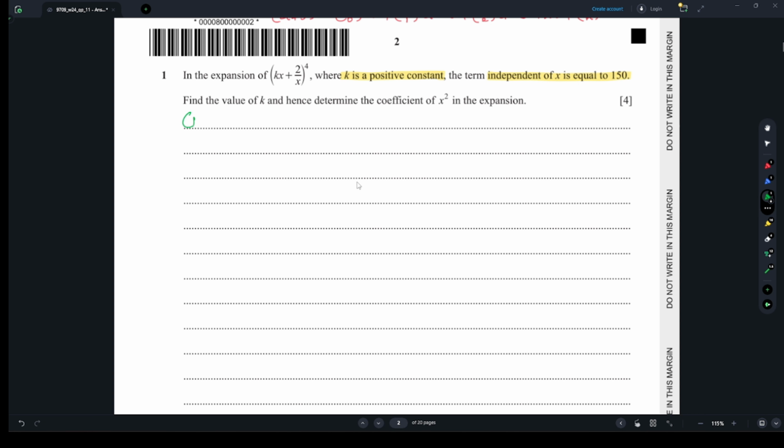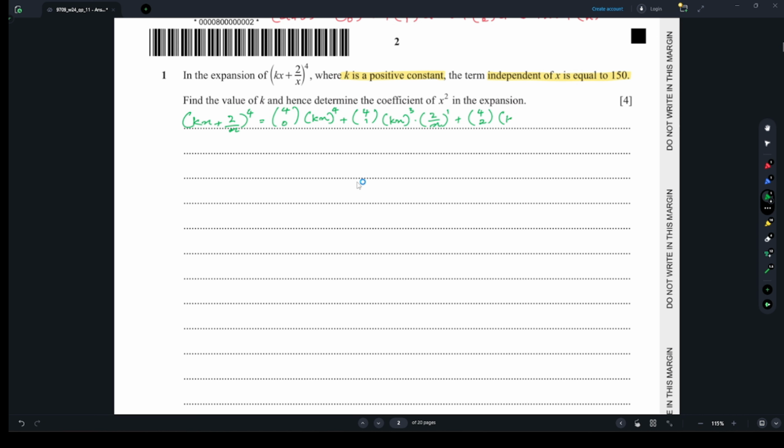We have (kx + 2/x)^4. The power is 4, so 4C0, kx to the power 4, and 2 over x to the power 0. Then 4C1, kx to the power 3 times 2 over x to the power 1, plus then 4C2,